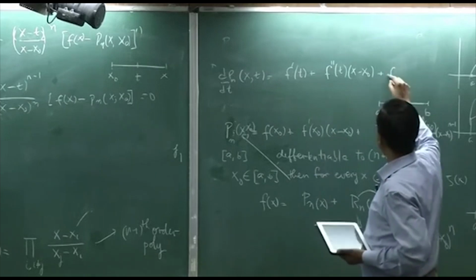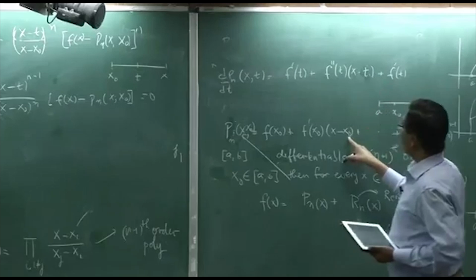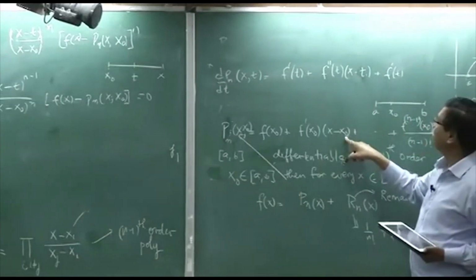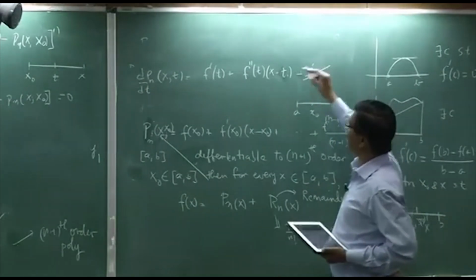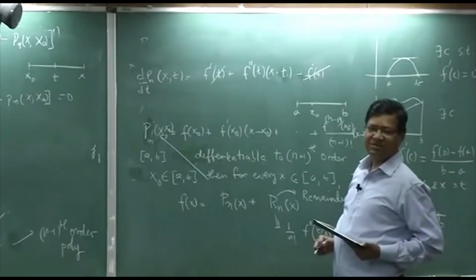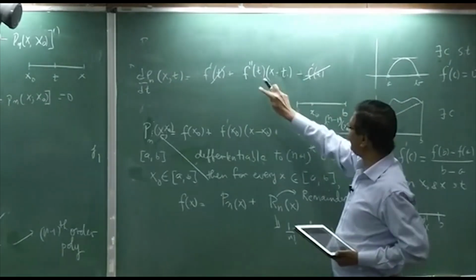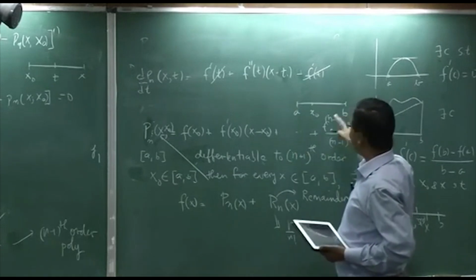So, this is f prime x t and derivative of this, so that gives you minus and this will cancel. So, a lot of this cancellation will take place. So, f double prime will cancel with the next term and all the way, and finally we are left with